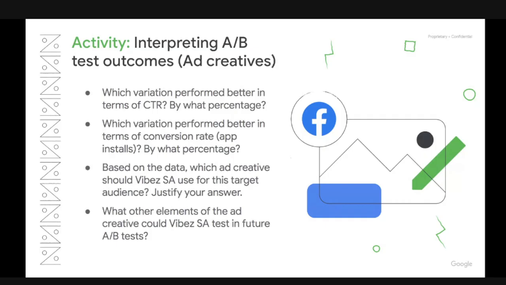So the suggestion looks like, if I look here, is that Vibes should use variation B, you all agree, as it resulted in significantly higher CTR and conversion rate. So that's really important. So the fourth question is, what other elements of the ad creative could Vibes SA test